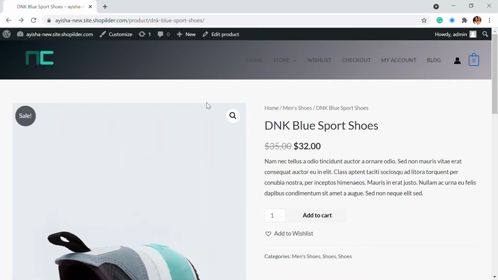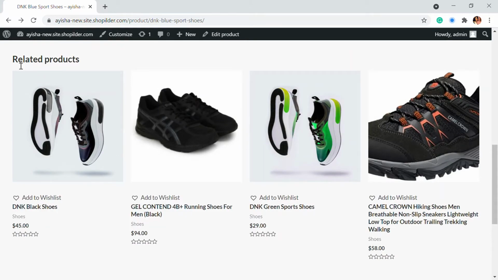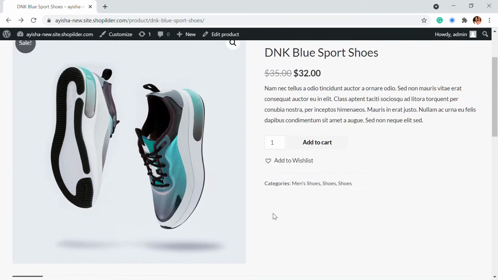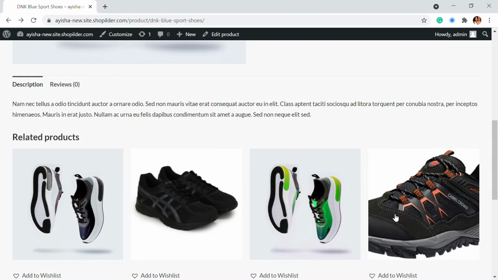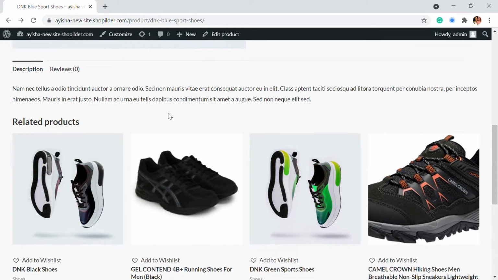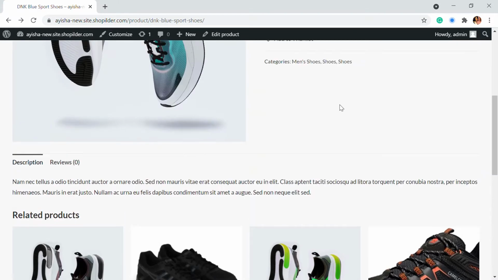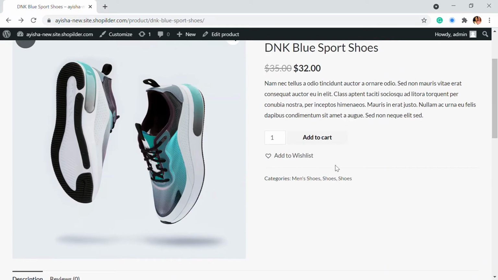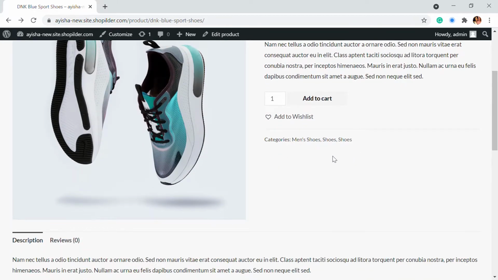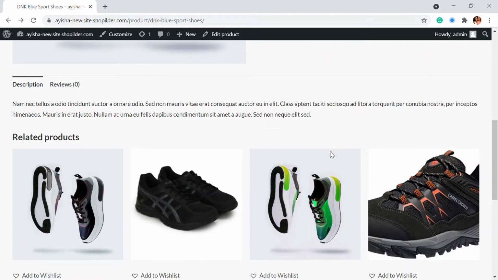In this video, we'll be talking about upsells, cross-sells, and related products. Here you can see a product in my WooCommerce website, and here are some related products to it. If they don't like this product, they can go for these. These products are automatically chosen by the theme, or by WooCommerce, based on factors like tags and categories. We're also going to see how you can add custom related products.